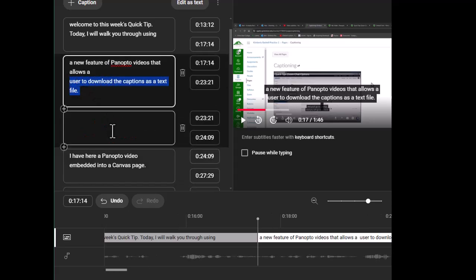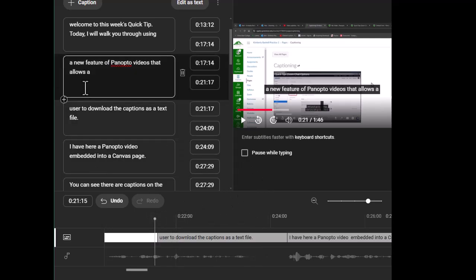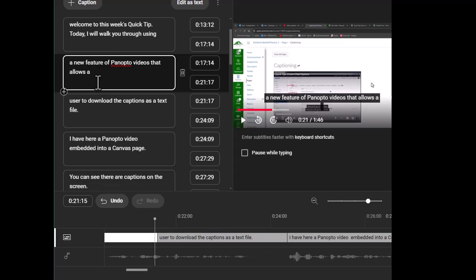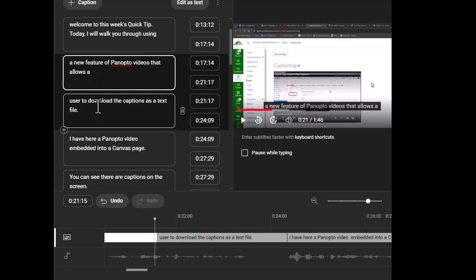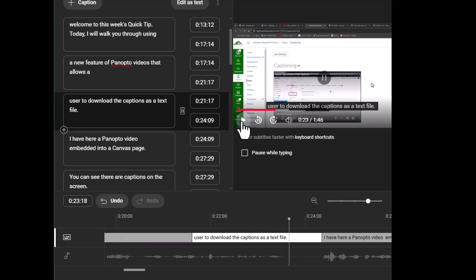You can push the little plus sign in between and use Control X and Control V to move text around in between the blocks. Once you get the sideways arrows, you can drag the text blocks to be the right size and to line up with the audio where it needs to be. You can edit the text in each one of the blocks just like you would in a Word editor. And then you can listen by pressing the play button on the little video screen there and hear the audio go by and drag the blocks so that they start and stop in the right places.